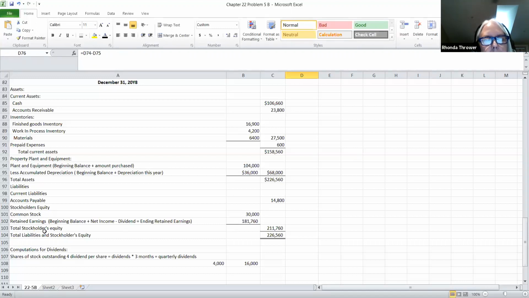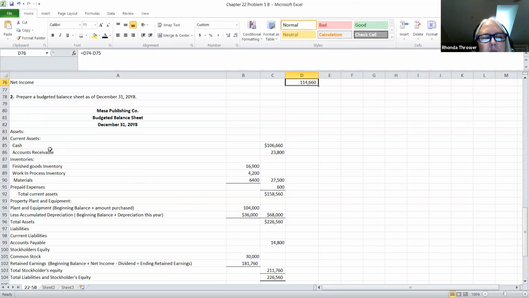This part is a little bit different here, and I tried to break it down for you as best that I could, but don't worry too much about this part right here. I really want you to know that there is a thing such as a budgeted balance sheet, but I'm not going to test you on a corporation because we haven't learned about corporations yet. In this chapter, we've skipped a whole lot of chapters that we haven't covered, and we'll get to them in a later class. So if you don't understand this stockholders equity stuff here, don't worry too much about that.